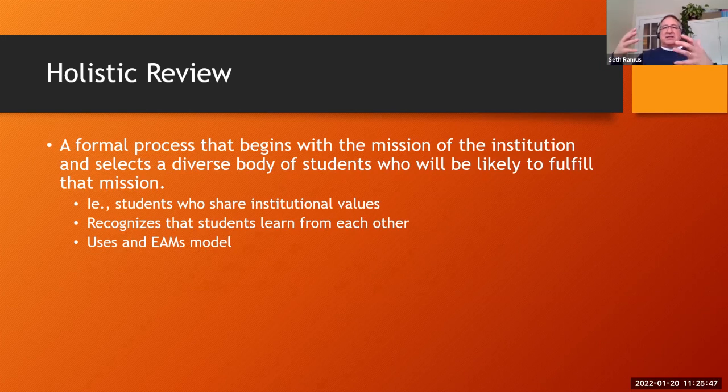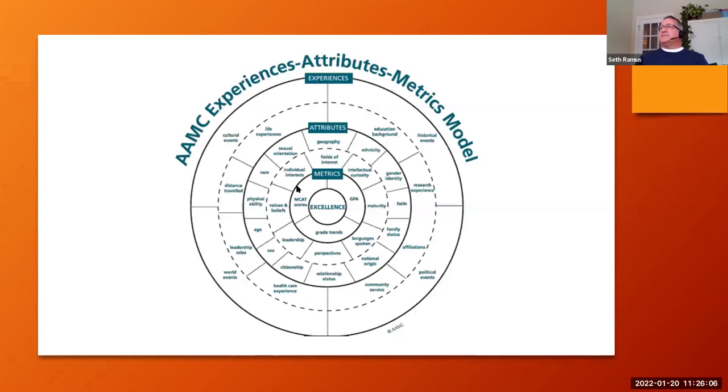So this is holistic review, and it has a slightly different lens than the way I talk about it as somebody on my side of admissions, but I want to show you what their model looked like, and it's called the EAMS model. EAMS for experience, attributes, and metrics. So this is the model that they begin with, and it includes